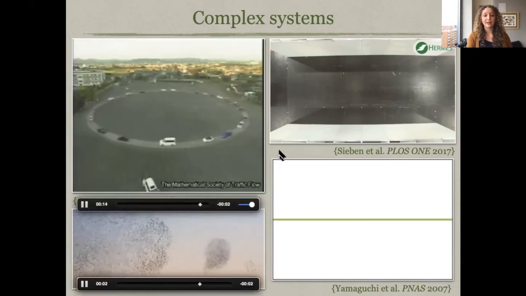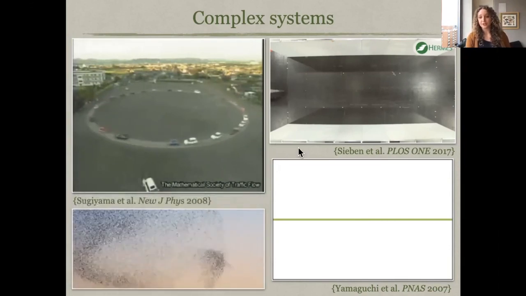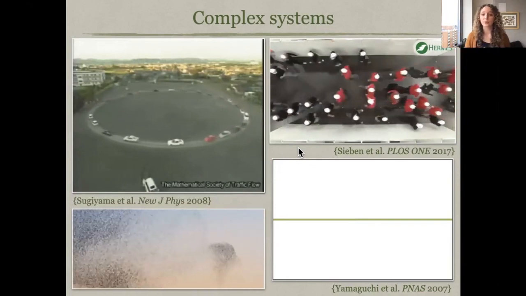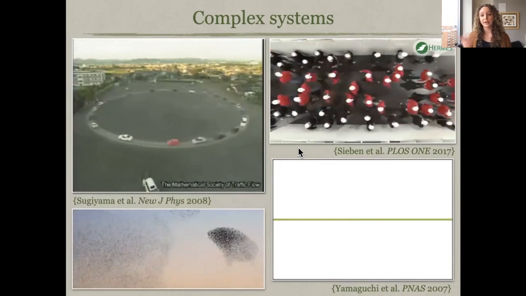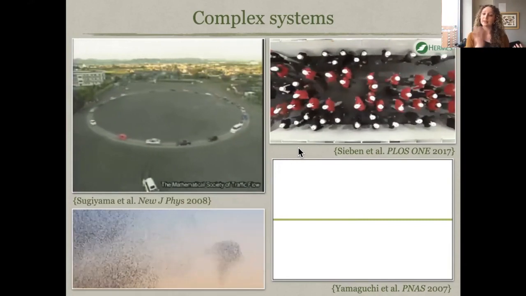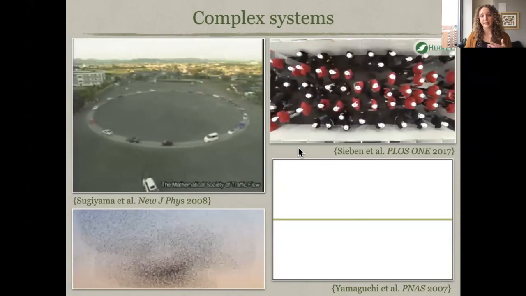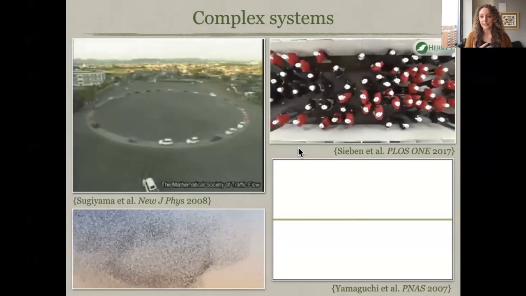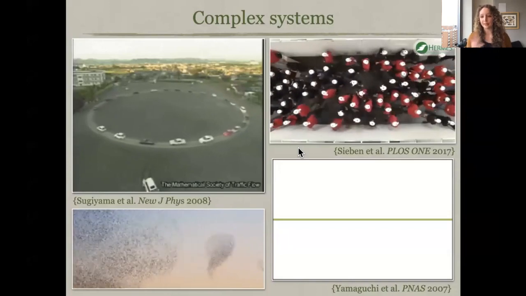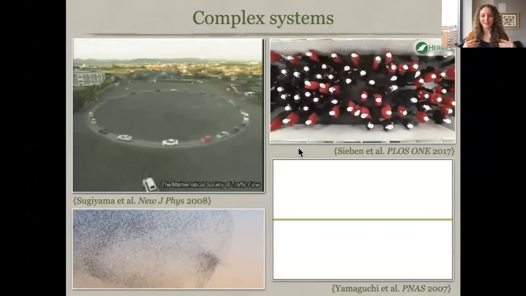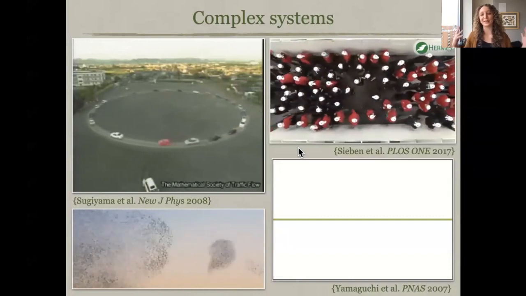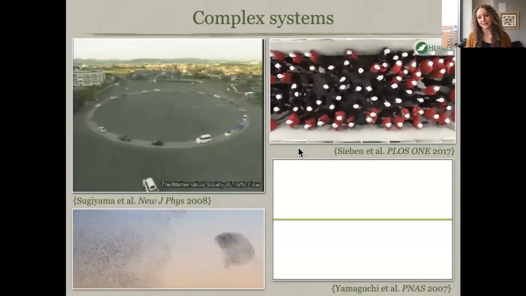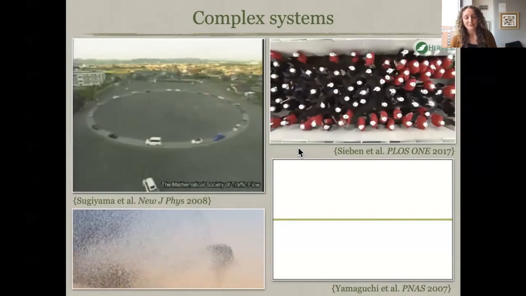Another example of a complex system is pedestrian movement. If you watch this video, these people are just told to move through the corridor. The folks in red shirts want to move to the left and the folks in black shirts want to move to the right. And you can see if we look at this, it appears like there are stripes or lanes forming in the corridor and they break up and form again. No one is saying form lanes. Instead, it's just something that arises naturally from the interactions of these individuals.